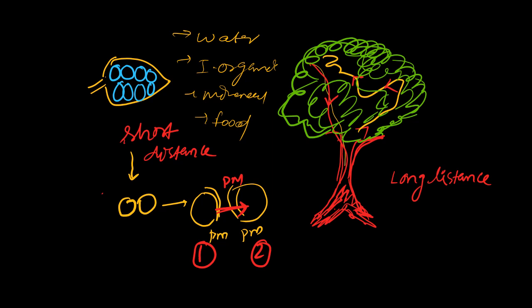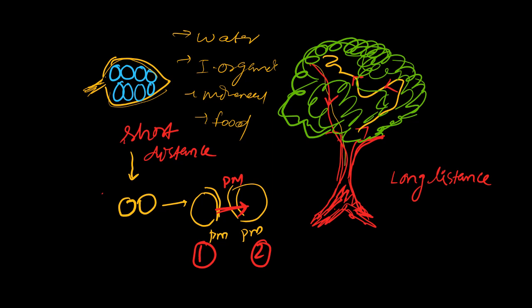The transportation that occurs in plants is of two types. One is called short distance transport, another is known as long distance transport. So what is short distance transport? Let's consider here is a cell, here is a leaf. This leaf consists of different types of cells. In these cells the transportation occurs nearby, so this is known as short distance